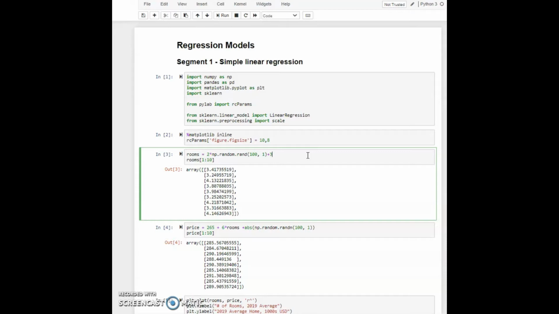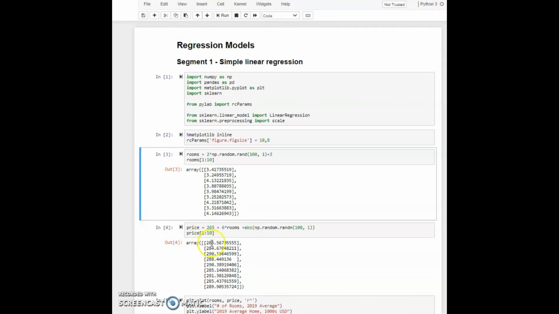So let's just print it out and see what it looks like. So to do that, we'll just say rooms and we'll print out the first 10 records, so 1 to 10. One thing to note here is that the numbers on your machine will look different than mine, and that's just because we did not set the seed for the random number generator, and that's totally fine. There is nothing wrong with that. And this is what happens if you don't set the seed for the random number generator.